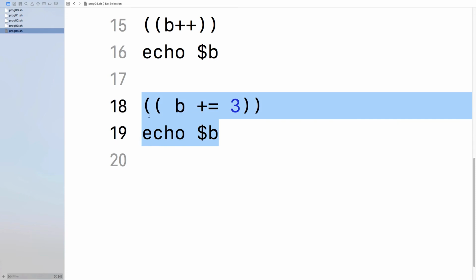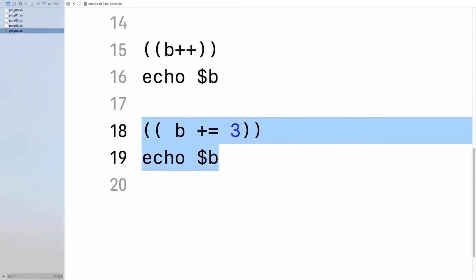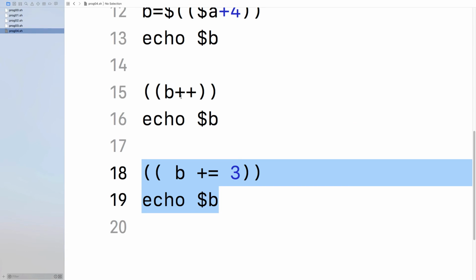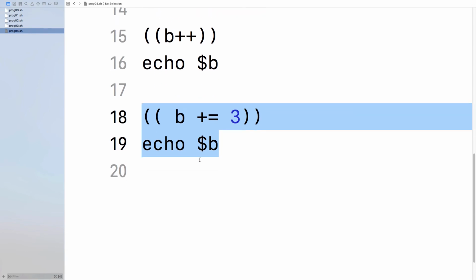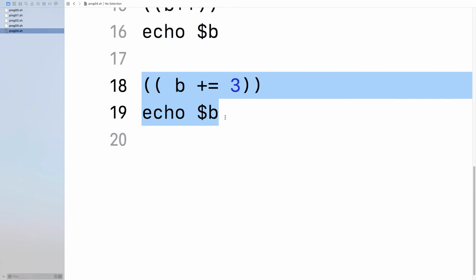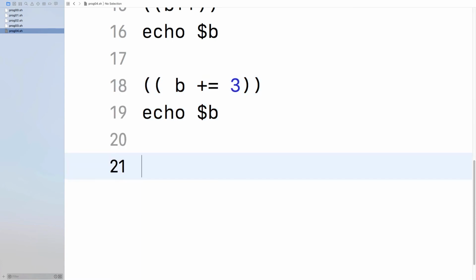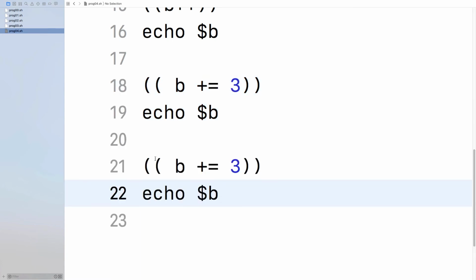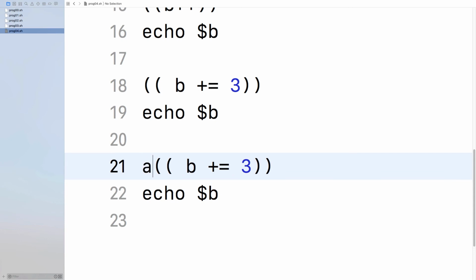So here we are incrementing B by 3, and here we are incrementing it by 1. So this is the C++ Java style increment operator. And finally, we are going to multiply two numbers with a similar syntax. So A equals to dollar 4 multiplied by 5.